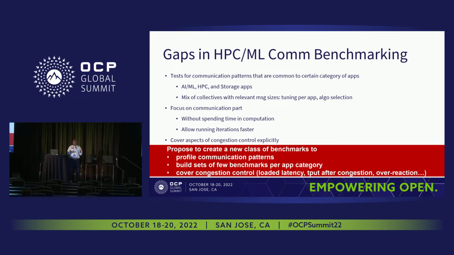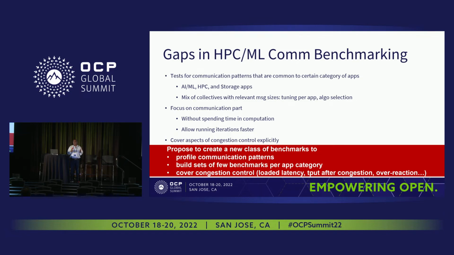As I mentioned, it will be beneficial to have tests with these kinds of communication patterns that you can model across multiple applications, and maybe come up with a subset which says, okay, this set of applications requires this kind of communication. This is how they scale. As you change the application or message size, the topology selection changes. So having the ability via a benchmark to test that kind of communication pattern and topology selection, that's a gap